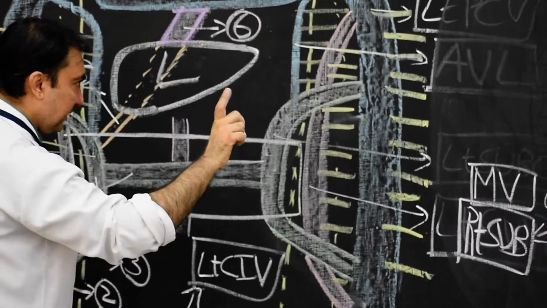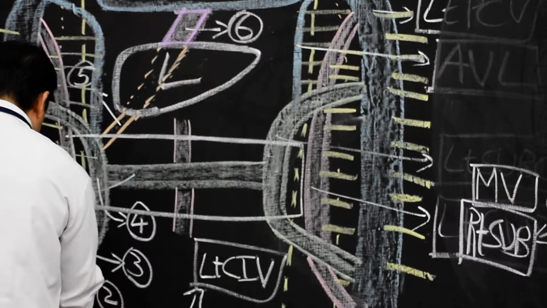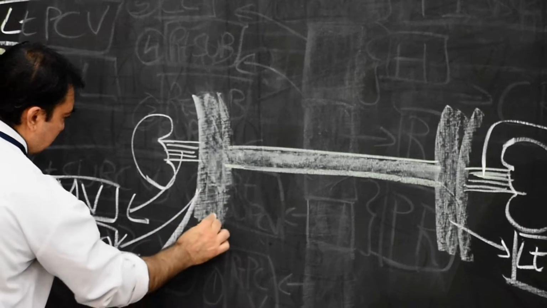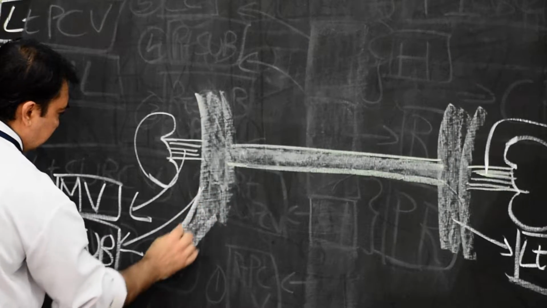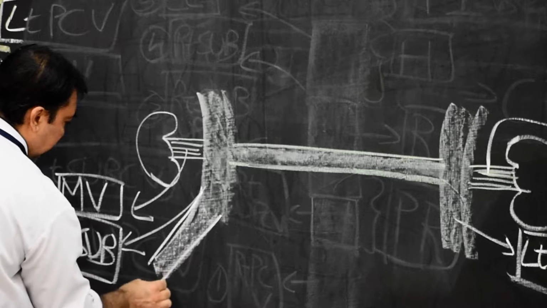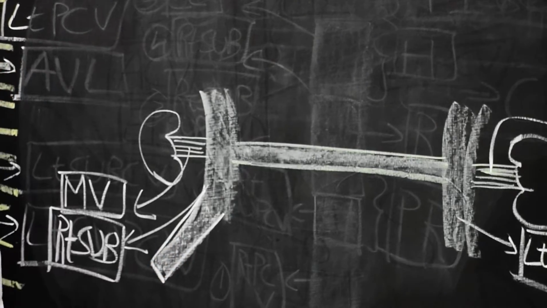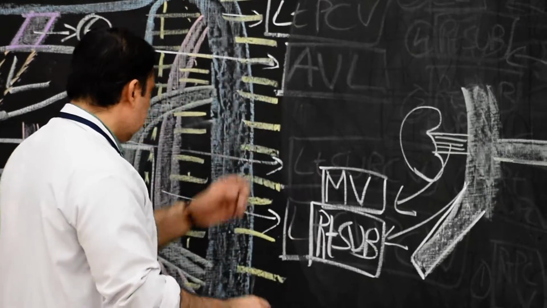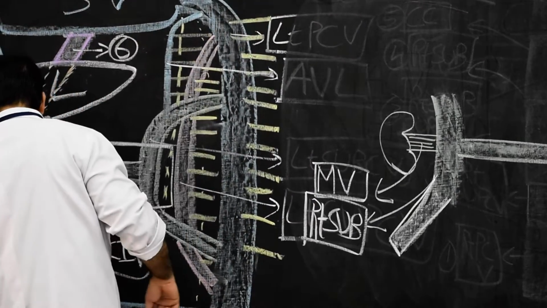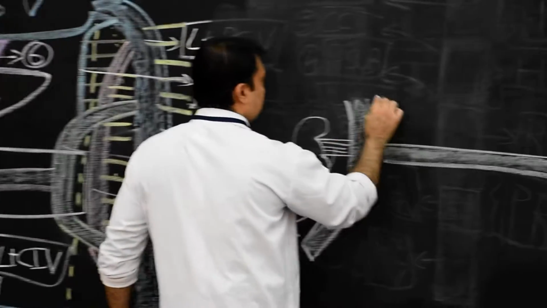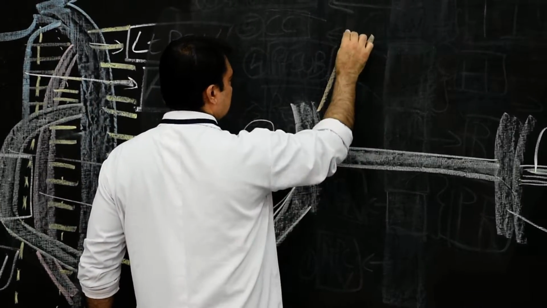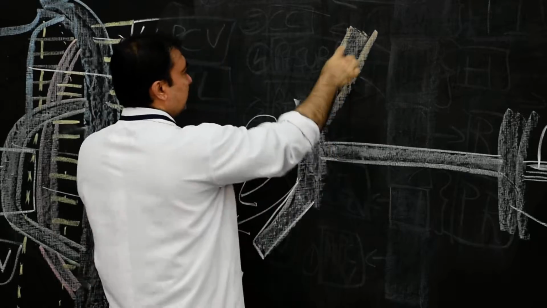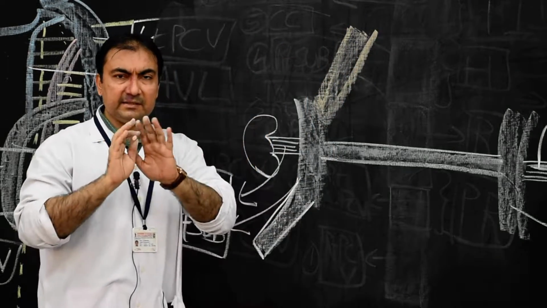Same way, 3 and 5, so I will give 3 as white color. See here, this is 3, and this will represent the anastomosis. Which anastomosis? Right supracardinal, right subcardinal anastomosis. And channel number 5 I am going to draw here. This is the anastomosis between the right subcardinal and right hepatocardiac. Very simple.